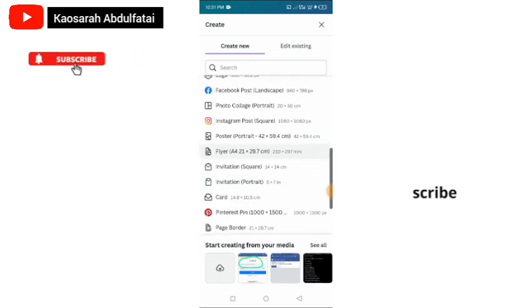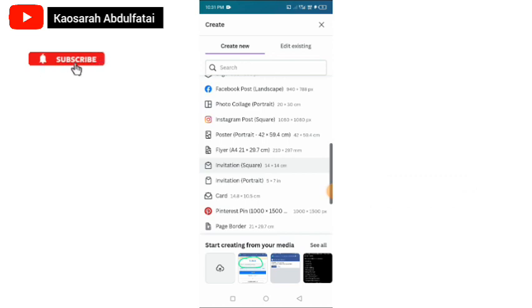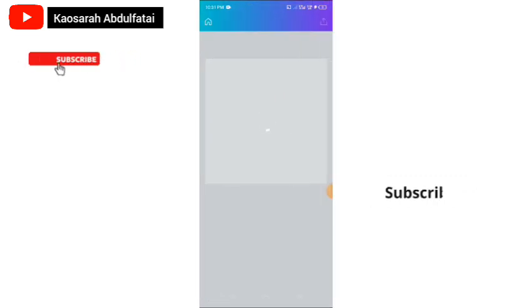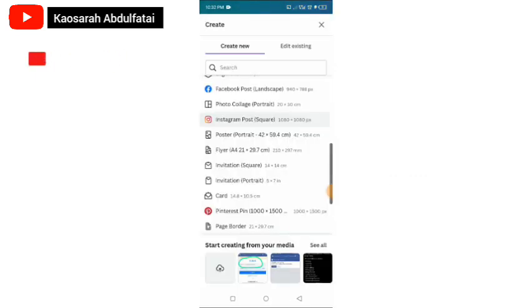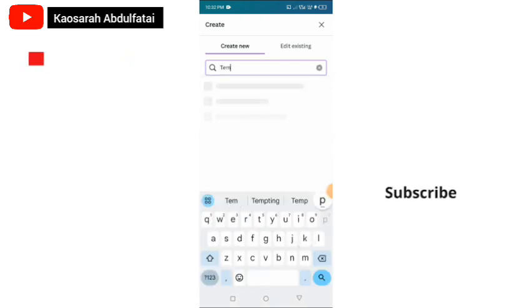After clicking on the plus sign, we are to choose the size. So the size we will be using is the Instagram square size. Yeah, so your square size is your highlight cover. Alright, so I'm going to tap on that and it opens up. Then when it's done, I guess my network is malfunctioning. So click on it again and search